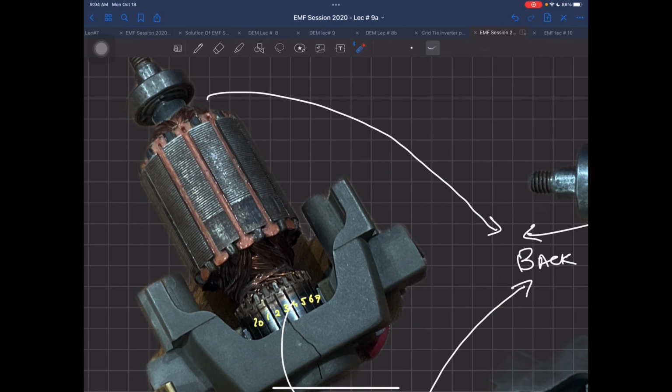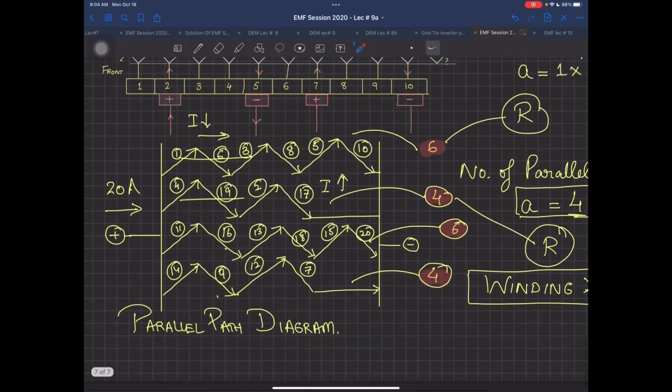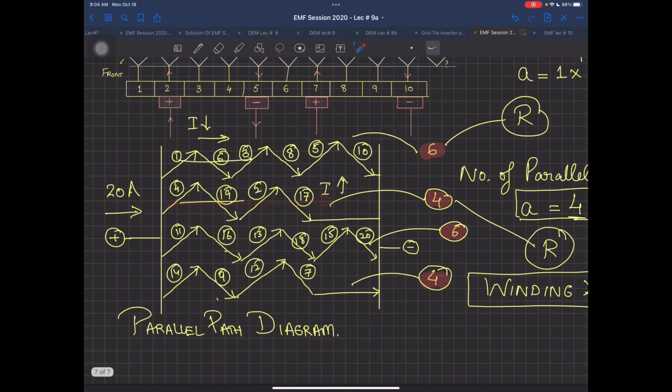It will still be rotating, and also the winding which is having less resistance, since it has more current flowing through it, will have a little bit more losses, and secondly it will also be heated up. So this is a non-uniform machine. That's why this winding failed at the very end.